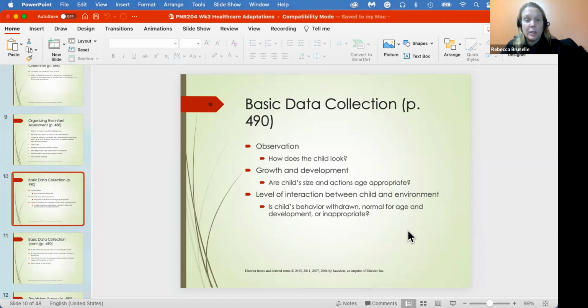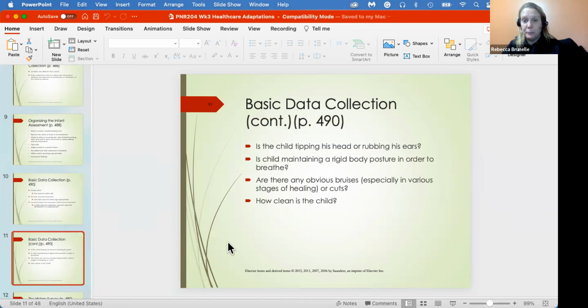Just, are they dressed? Are they clean? Do they look small for their age? Are they really overweight? Do they have any bruises? Are they playful? What are they doing? There's a lot of information that you can get just from a few feet back, looking at them. So never underestimate how much information you can get just from initial observation